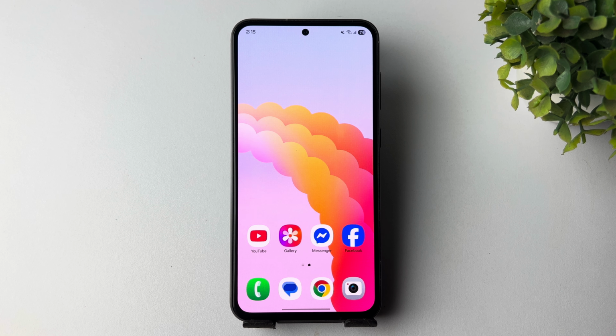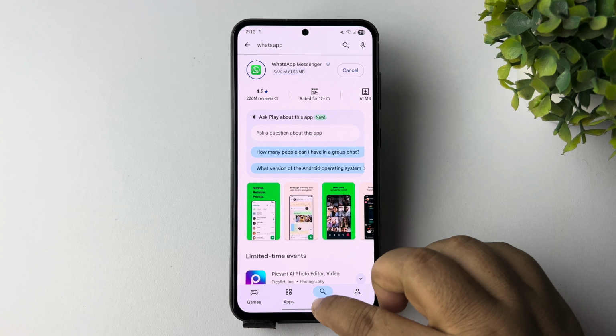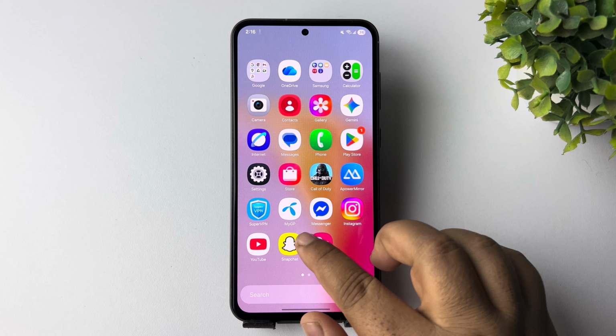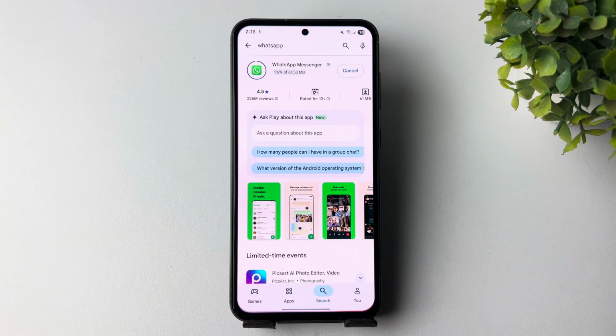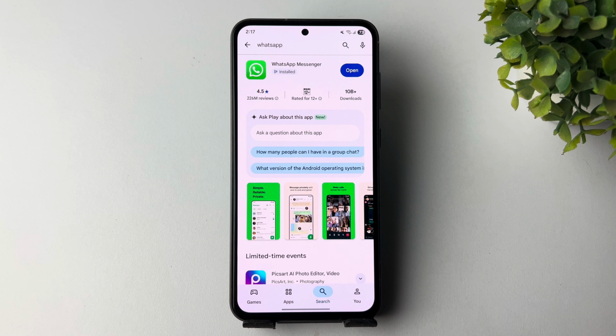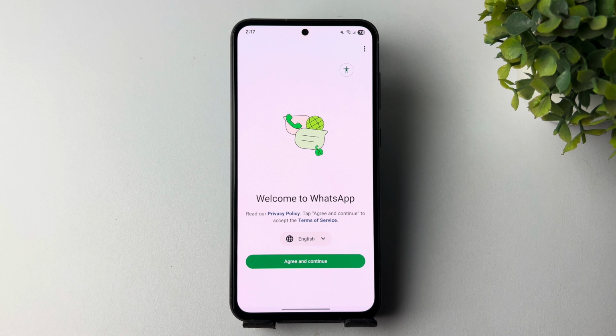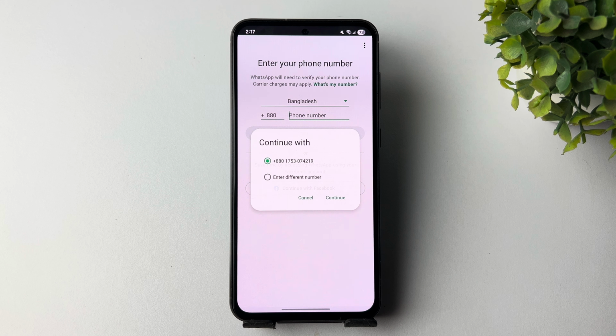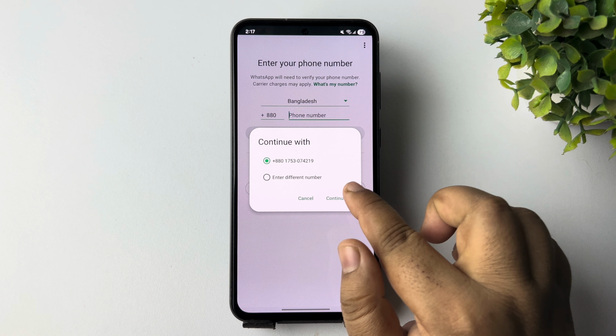Now let's see how to restore them. So I just uninstalled my WhatsApp app, and for tutorial purpose I'm reinstalling the WhatsApp Messenger to show you how to restore messages. Once installed, I'm opening my WhatsApp app, tapping on agree and continue, allowing notification and selecting a